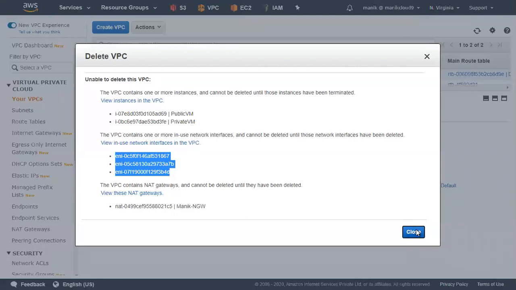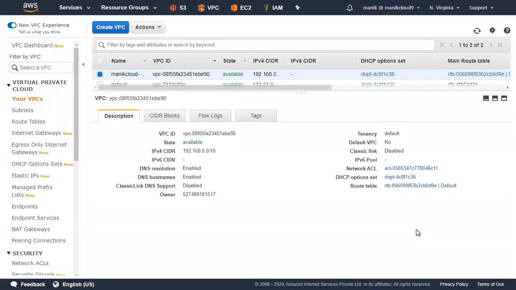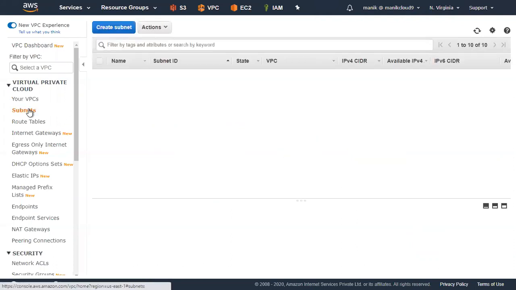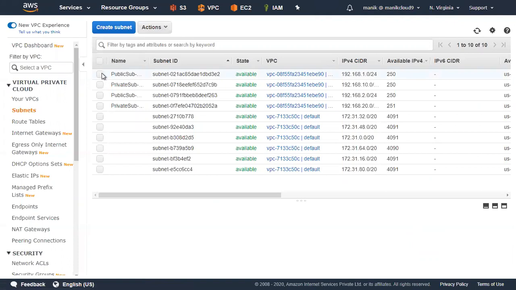First, I'll make some mistakes intentionally, and after that you can see how we revoke our mistake and do the correct deletion. Let's try to delete the subnet, and we will definitely get some error.